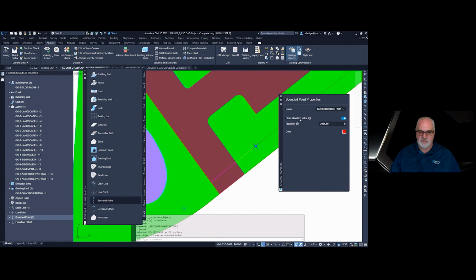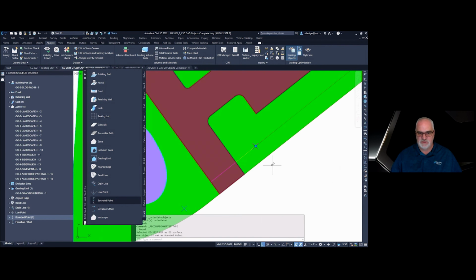So I'm telling it, I want a fixed elevation. If I turn fixed elevation off, I can give it a min max, so it will float. But I want it to be at that defined elevation. I actually had that point at that elevation, so I read it. So it's there.